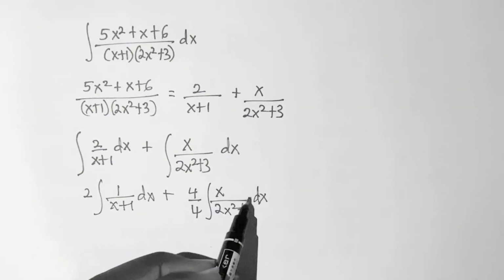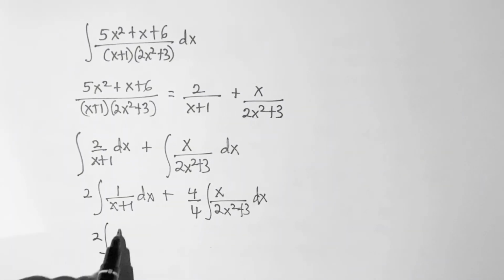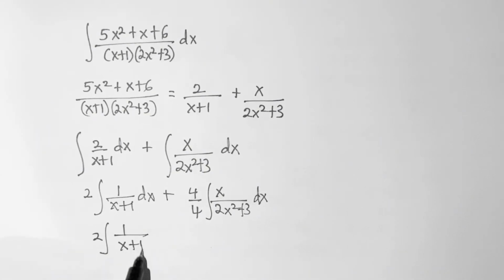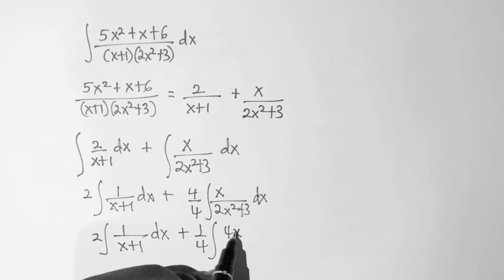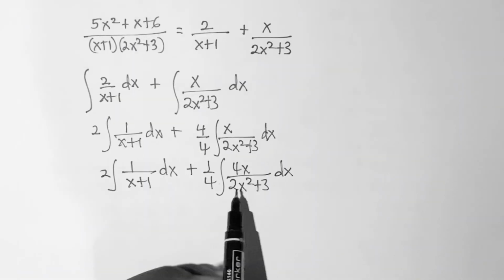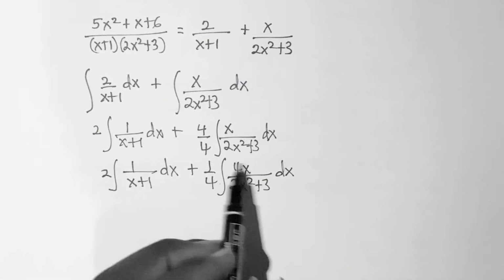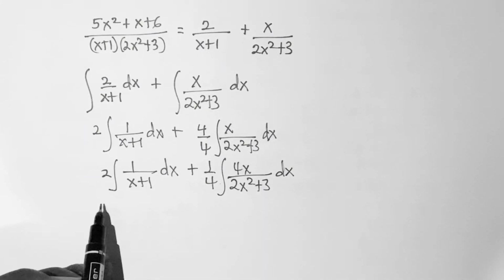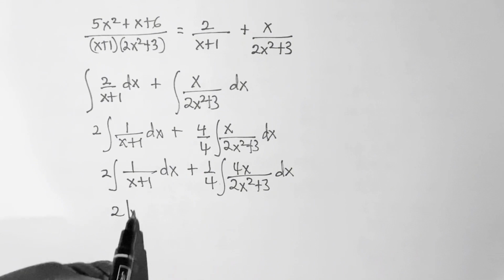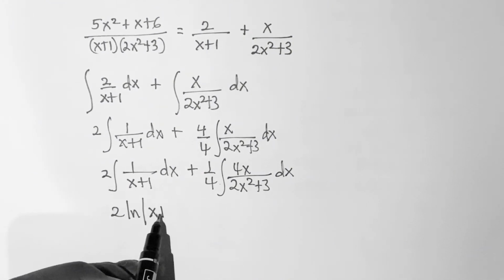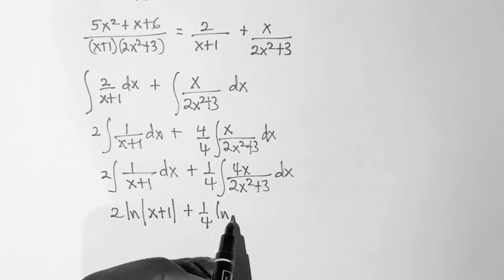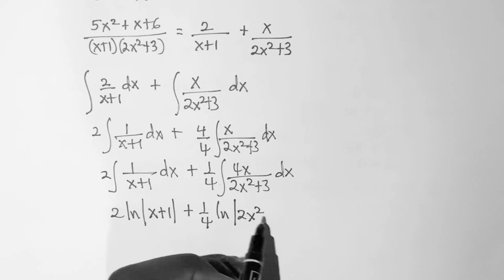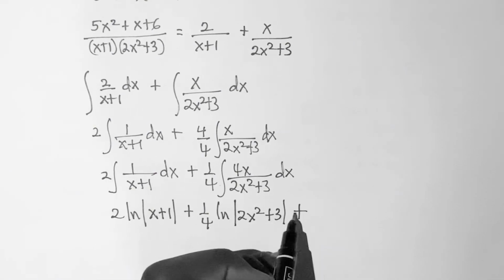So in the next step, let's push this 4 inside. So we are going to get 2 times the integral of 1 divided by x plus 1 dx, then plus 1 over 4 times the integral of 4x divided by 2x squared plus 3 dx. So you see that if we differentiate the denominator, we'll get 4x. Therefore, we can write all of this as equal to 2 natural log of the absolute value of x plus 1,